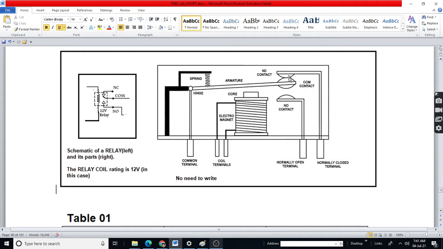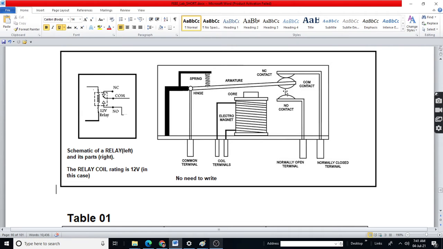Right. So here what happens is, when you give only 12 volts, here high current can flow in common, NC and NO. Just by around 0.1 or 0.2 amperes current flowing in the relay, it will actuate the armature.